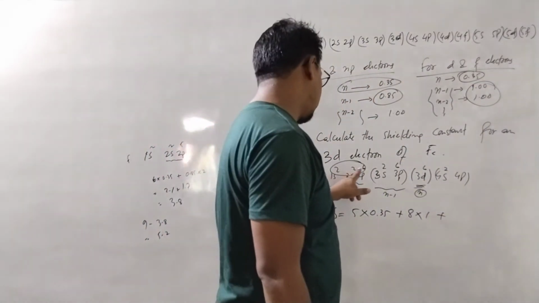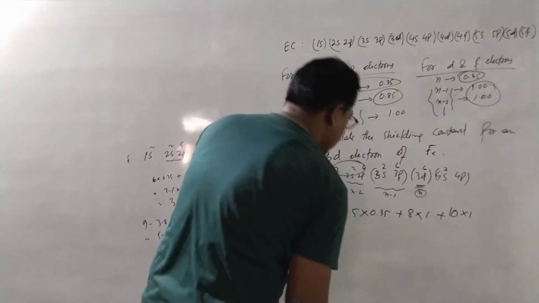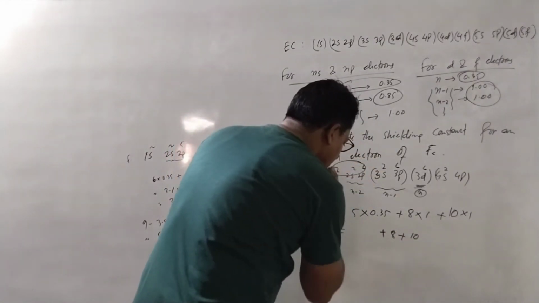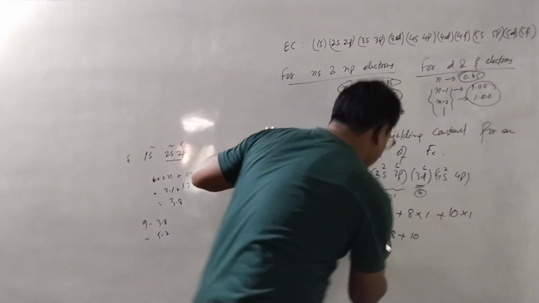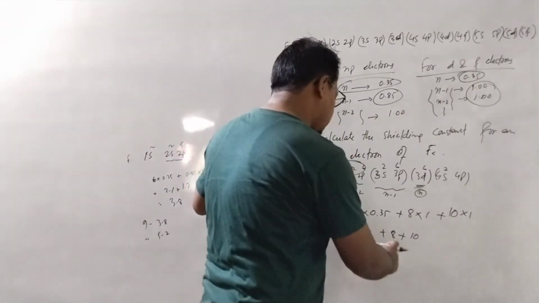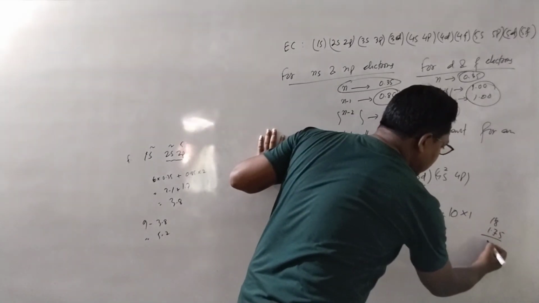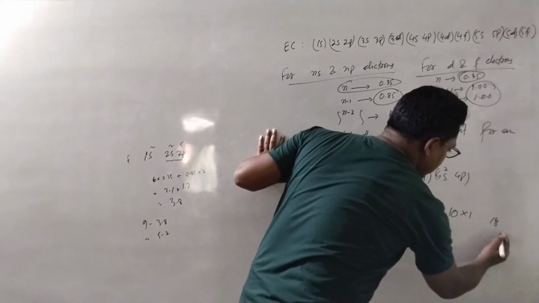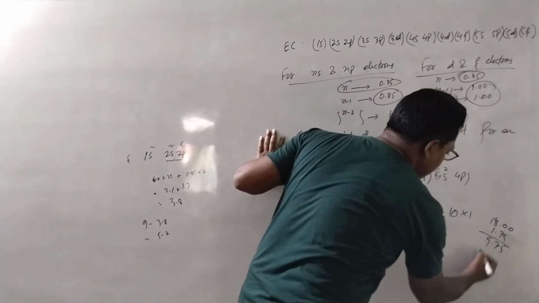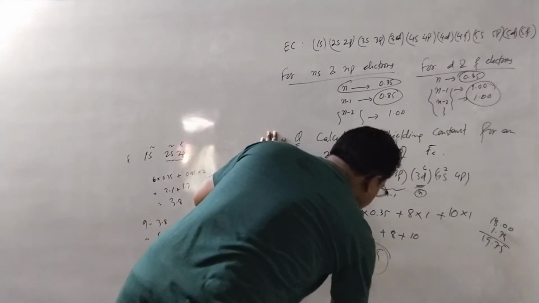Therefore 8 plus 10, 18 into 1 only, right? So this gives 8 plus 10 is 18, and 5 into 0.35 is 1.75, so 18 into 1 plus 1.75. This gives 19.75. This is shielding constant for